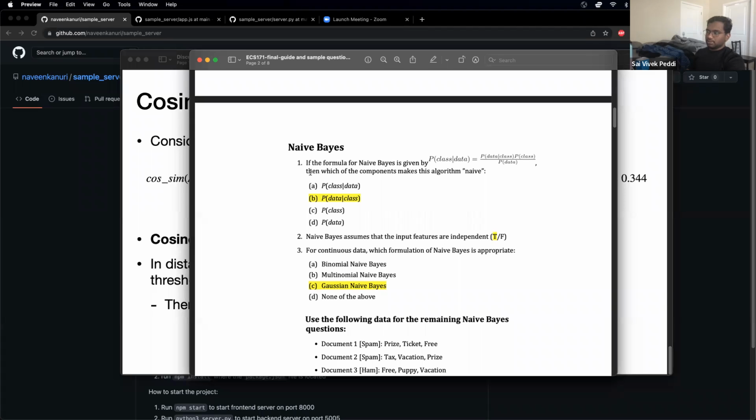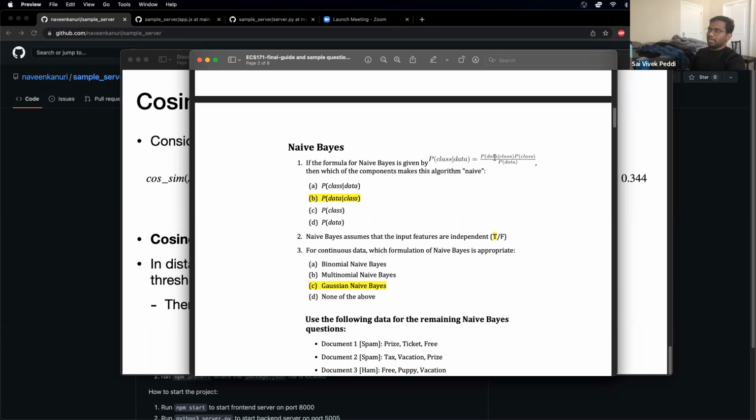So I think this is a straightforward question. This is called a posterior probability, P of class given data. P of class is your prior probability, and P of data is your instance probability, right? And I think P of data given class is your likelihood. So P of data given class is where you actually do the naive Bayes assumption and expand it such a